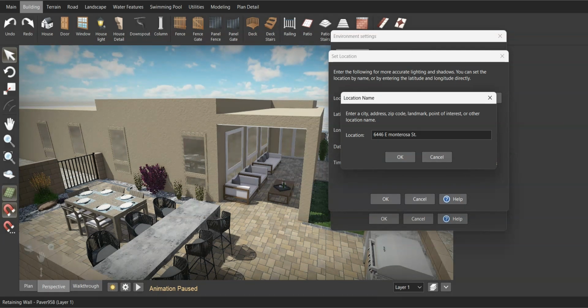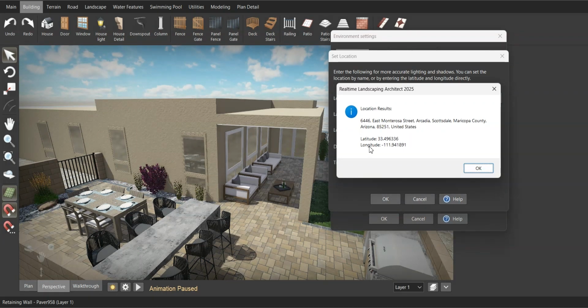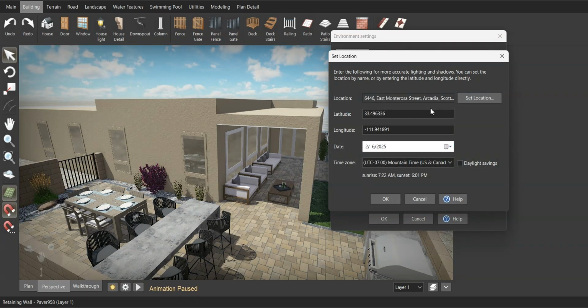This one's in Scottsdale. Okay, see, it notified it. It found it in Scottsdale. This is not the real address. It's just some made up one that I found on Google Maps. But what we can do is find out the way the sun looks on that patio